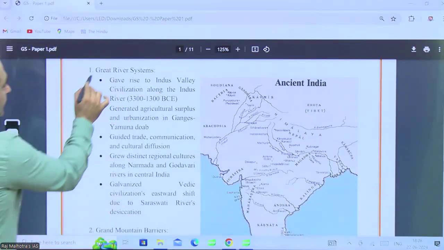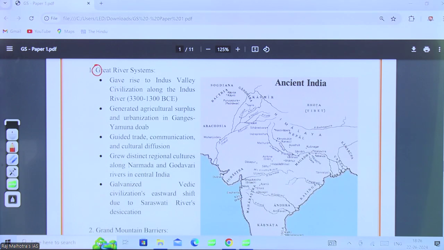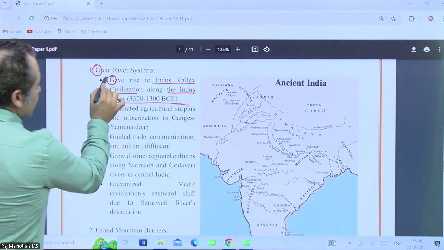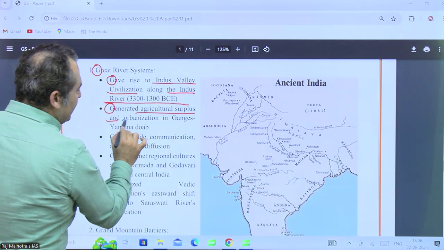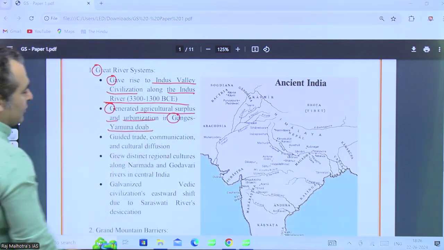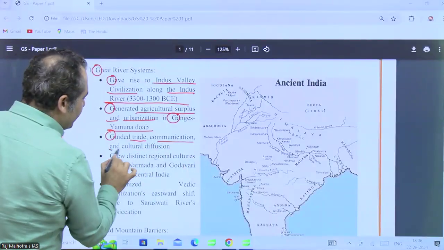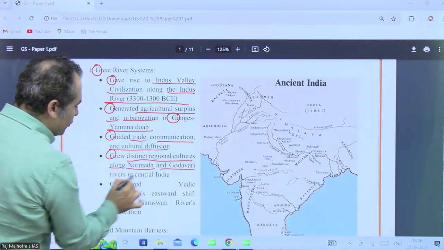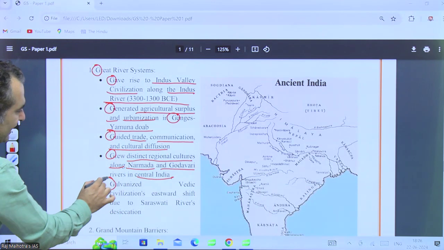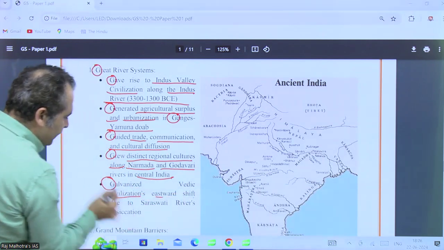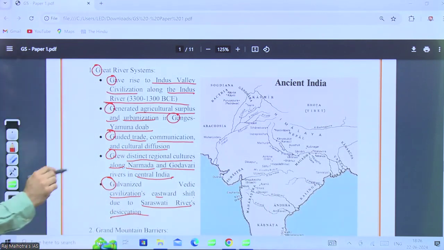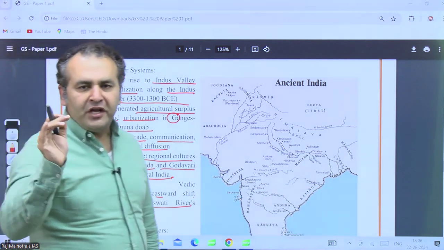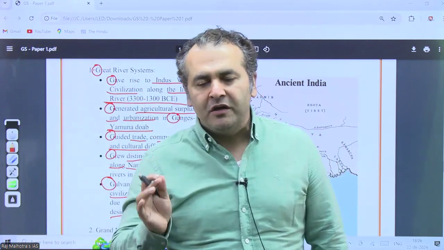great river system. This is G, right? Great river systems gave rise to Indus Valley civilization along Indus River, generated agricultural surplus and urbanization in Ganges-Yamuna Doab, guided trade, communication, and cultural diffusion, grew distinct regional cultures along Narmada and Godavari rivers in central India, galvanized Vedic civilization's eastward shift due to Saraswati River's desiccation. Look at this. All points starting with G, giving a unique and a holistic kind of an explanation and an